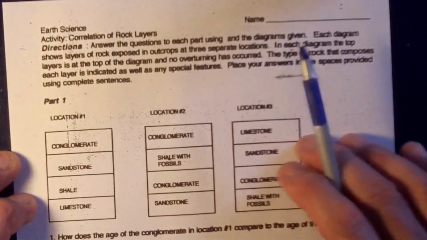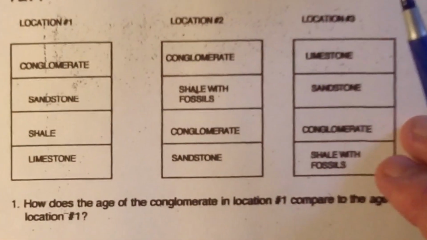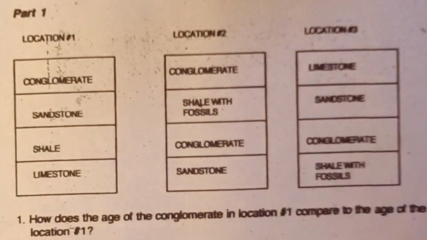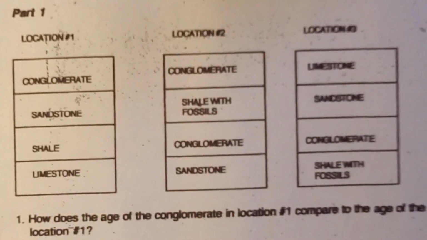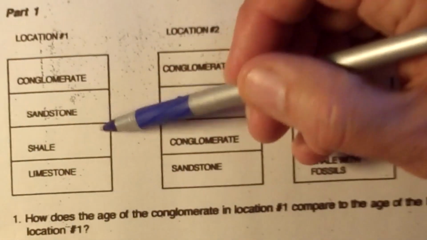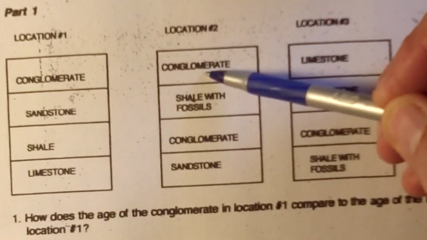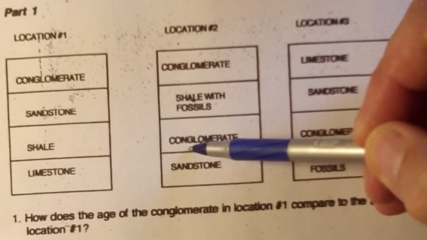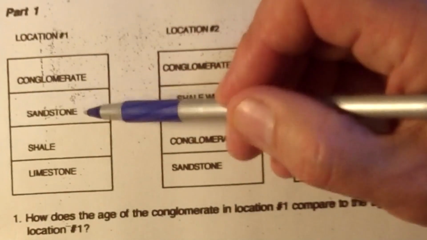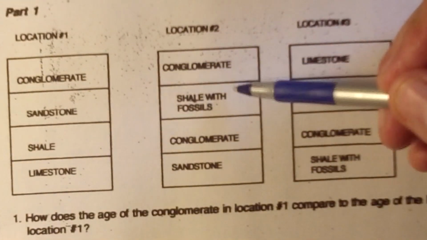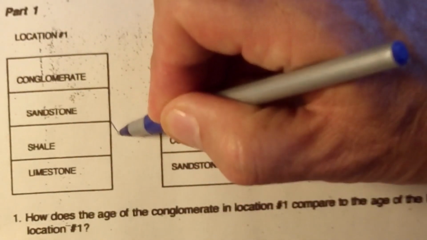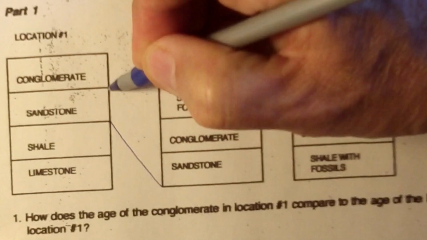So the first thing we're going to try to do is, in these 3 different locations here, we can see that we have layers in a certain order. What I'm going to try to do is match up orders from one place to the other. So in this case, I see that I have a layer of conglomerate here, and conglomerate here, and sandstone here, and so on. Now, since I see that I have conglomerate and sandstone here, and I don't have conglomerate and sandstone underneath there, I'm going to infer that at one time, these 2 layers were actually part of